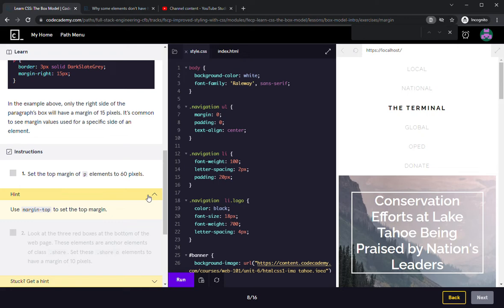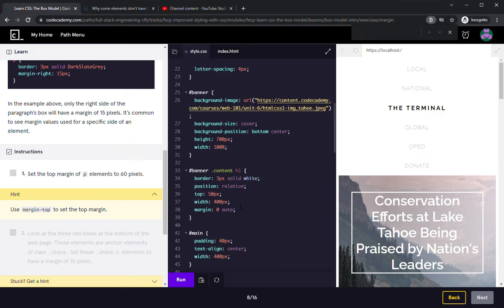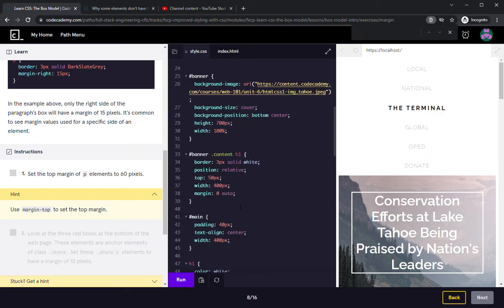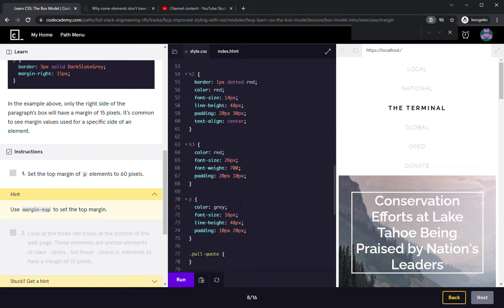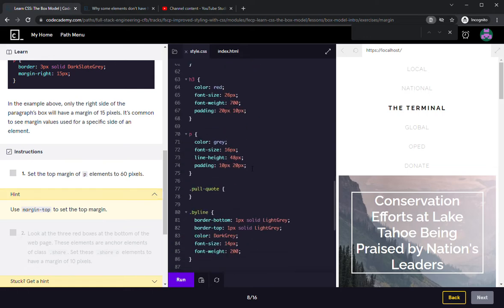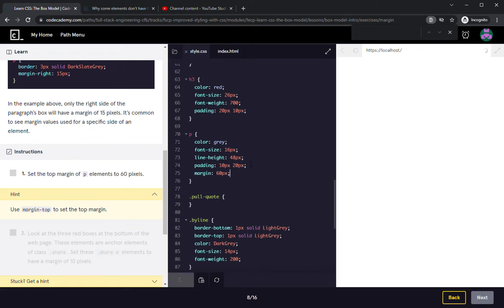Set the top margin of P elements to 60 pixels. The P element, we were just changing that before. Here it is. I'm going to put it right under padding. 60 pixels. Oh wait, we are just targeting the top, so